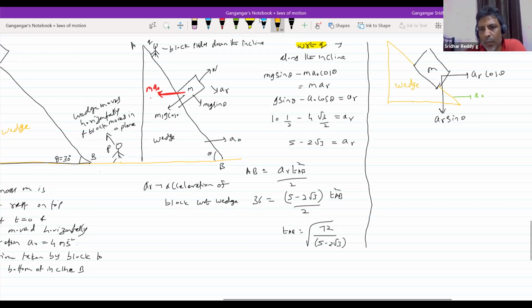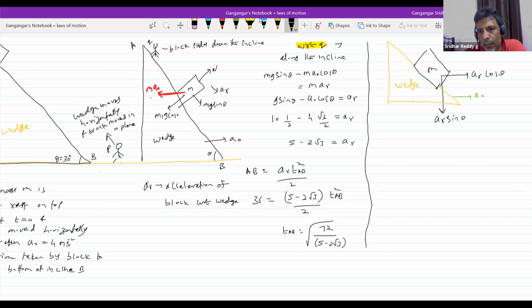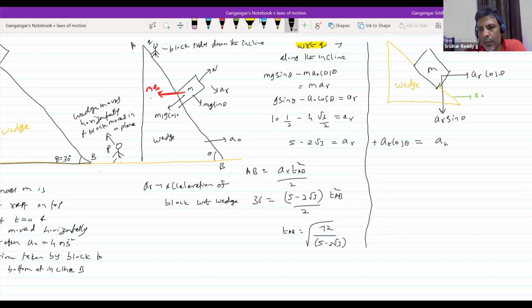So I'll take help of relative acceleration. Anything towards right is positive. The acceleration of block with respect to wedge along x-axis should be equal to